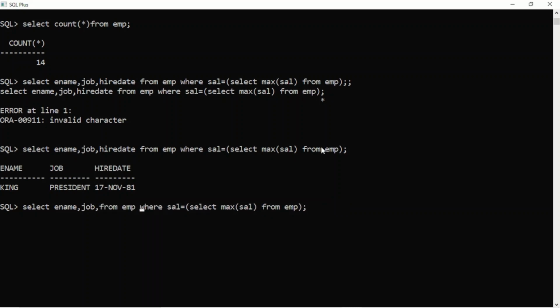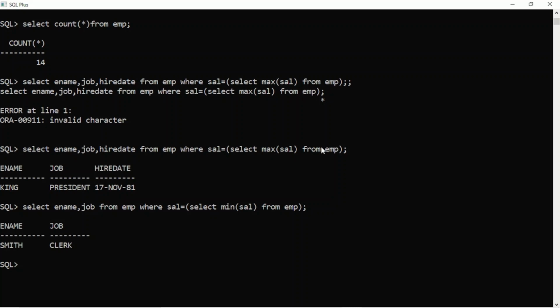From this table, where salary equals to what? So this query will give the minimum salary, min sal. I can get that, that is Smith, and his job is clerk.